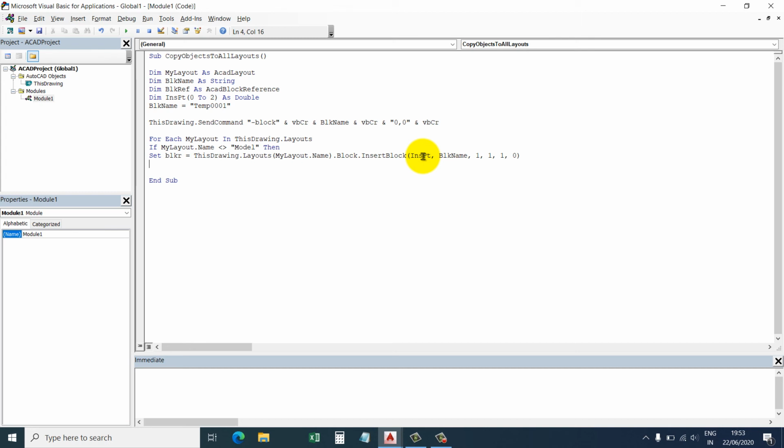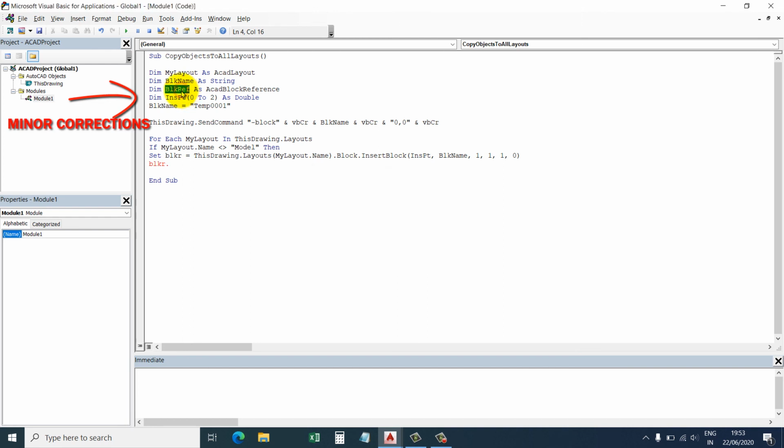So we have now inserted this block reference. Now we have to explode this block reference, so that it will not remain as a block. It must be an object as we selected. When you explode this block object using VBA, the block will remain in the same location.